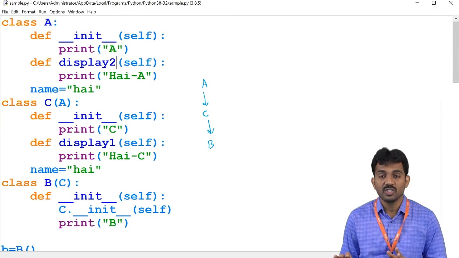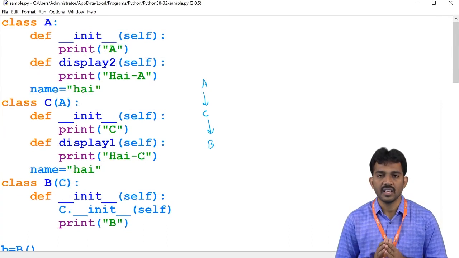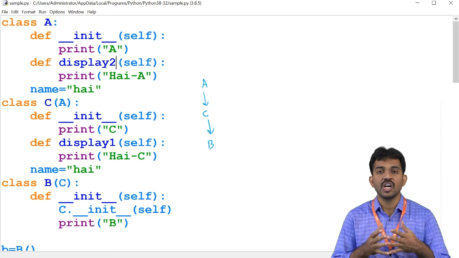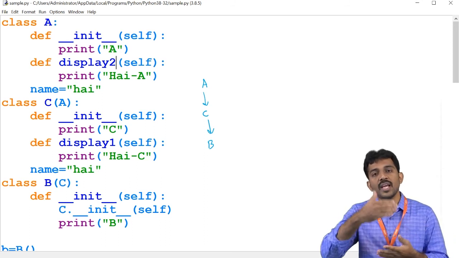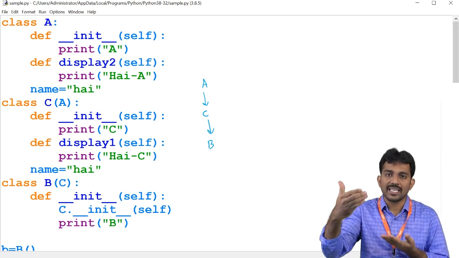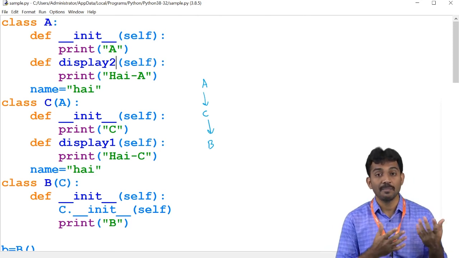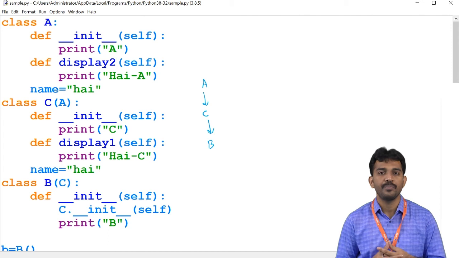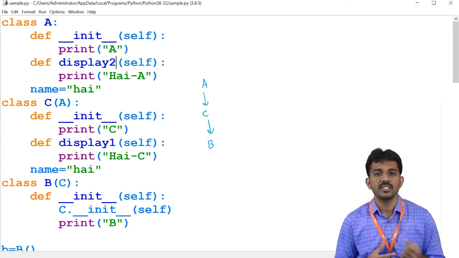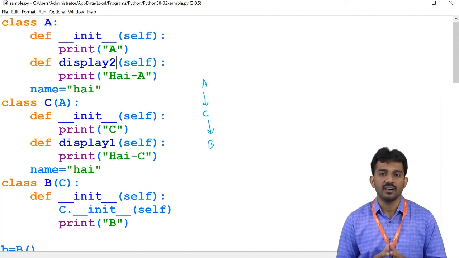Please note this. It is only hierarchy. First, it goes to the immediate parent. If it is not available, it goes to the grandparent. Like that, it checks up to the last class. If it is not available, it simply returns an error because the particular method or data is not available. If it is available, it simply retrieves the data. Only the hierarchy it will follow.